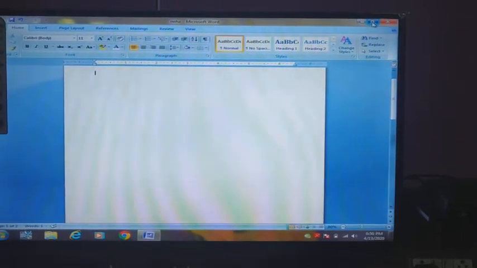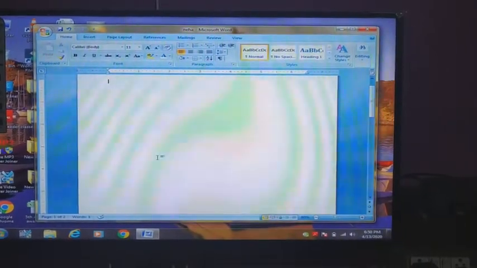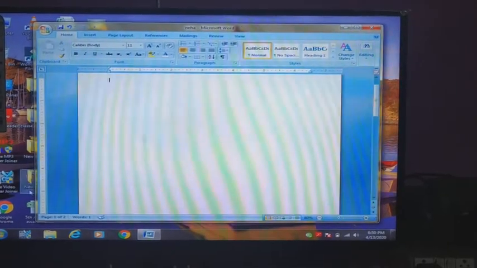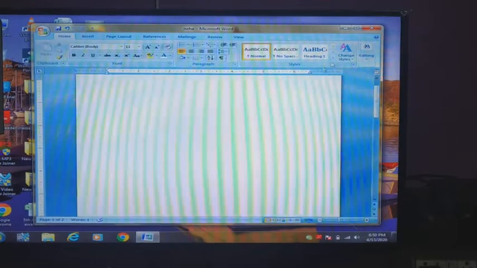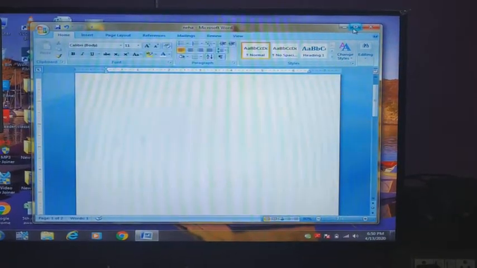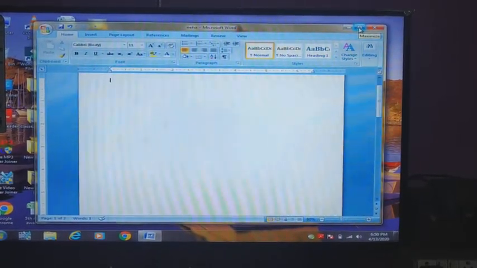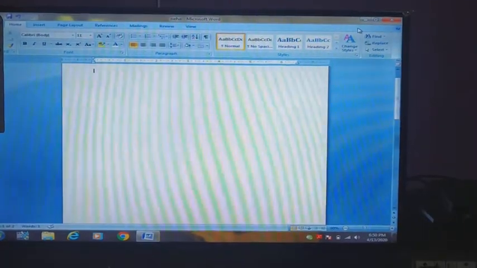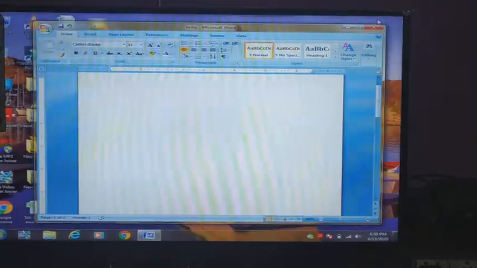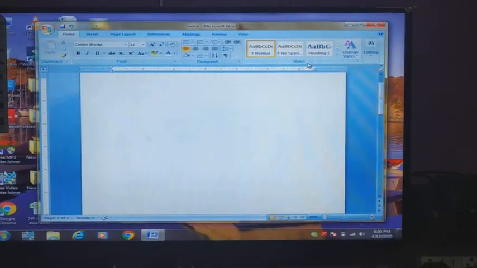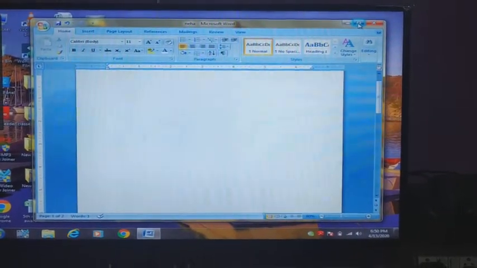As I click on this, your screen will look like this. Your desktop will also show to you. Now this button is changed into maximize. See maximize. As I click on it, it will change into restore. As I click on it, it is changed into maximize.